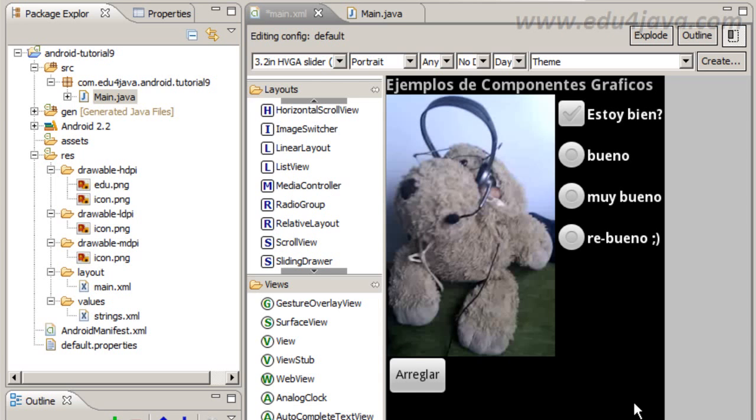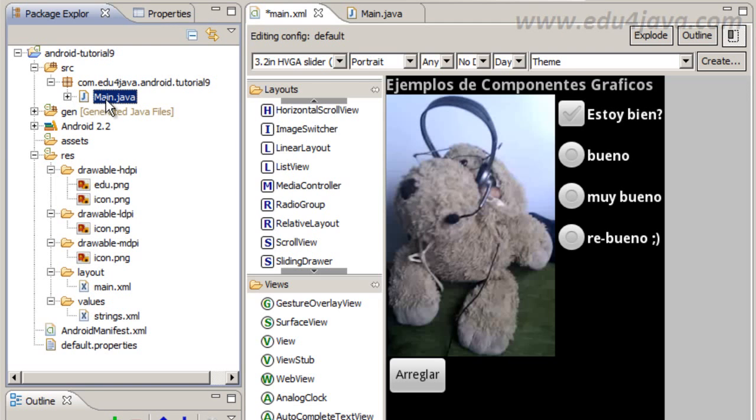We are going to see image view, checkbox, radio button, radio group, and set visibility method. Okay, let's start here. Android tutorial number 9 is the name of the project that I create. Main is the name that I use for the activity. Main XML is also the layout